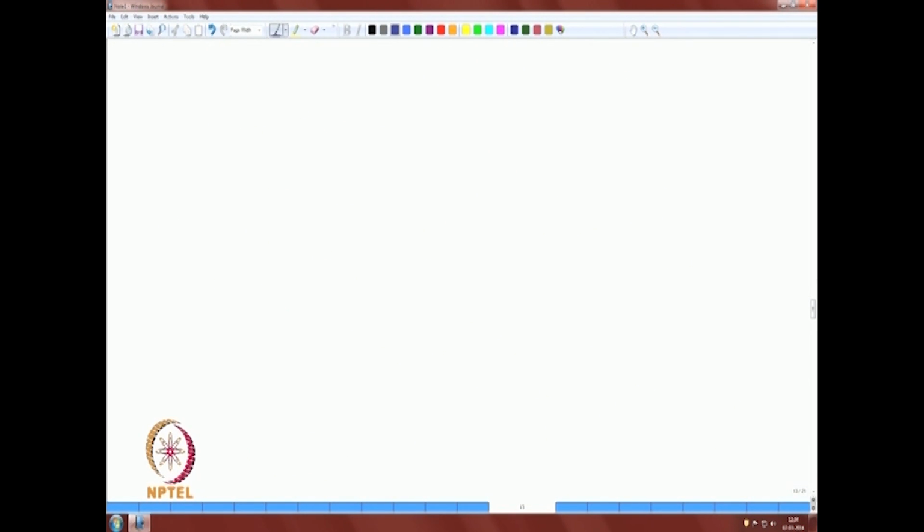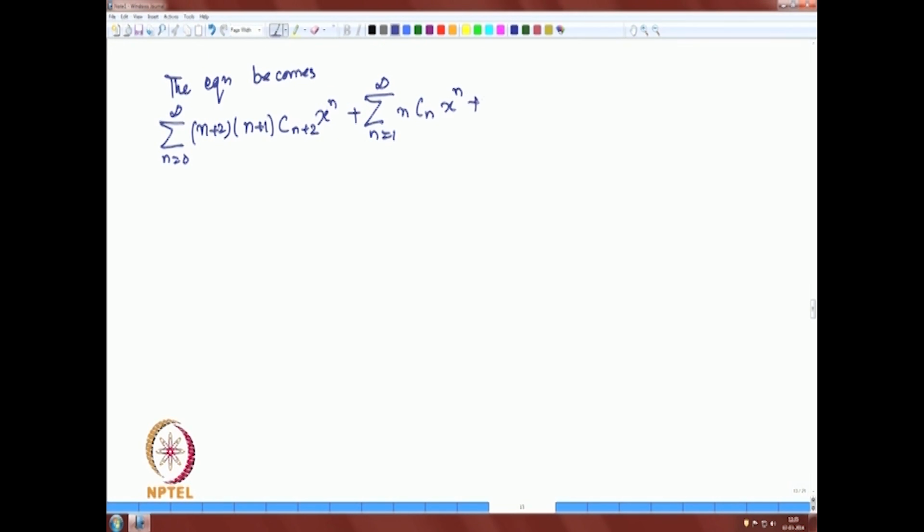Okay, so what we do is the equation now becomes summation n goes from 0 to infinity (n+2)(n+1) c_{n+2} x^n plus summation n goes from 1 to infinity n c_n x^n, there we did not do any change, plus the third term is also changed, summation n goes from 2 to infinity c_{n-2} x^n,